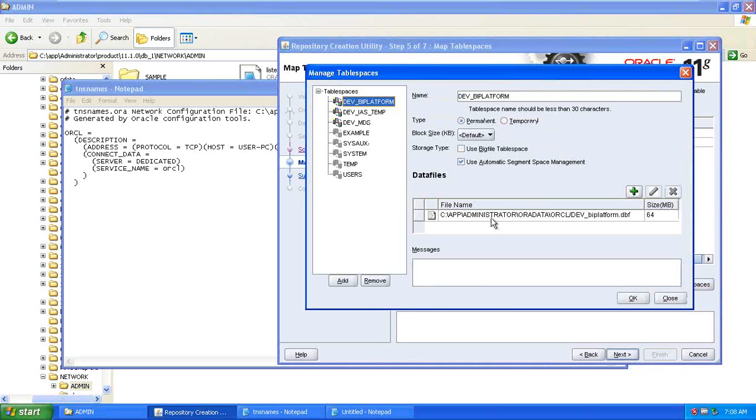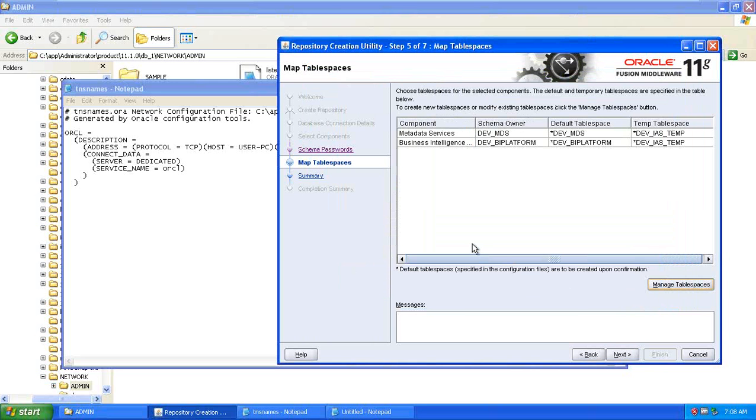If you want to give the table space, the DBF file is this one. So the table space size is 64. If you want to give more, then you can give more. So use big file table space. It depends. In general, we don't need to, because our installation is normal, right? But if you're going for production, if you think you need to store more data, then you also have the option of